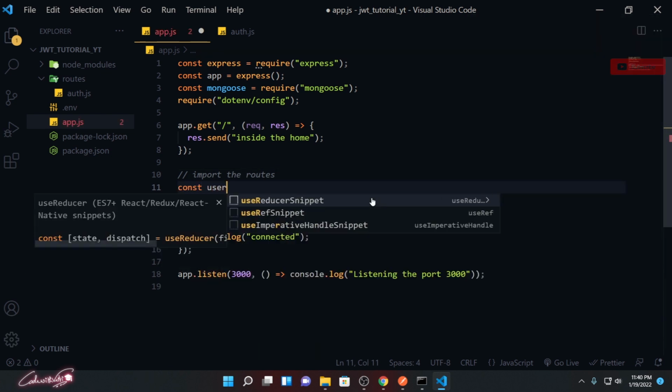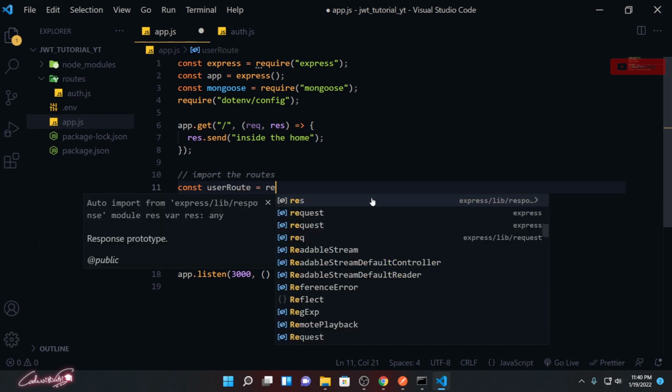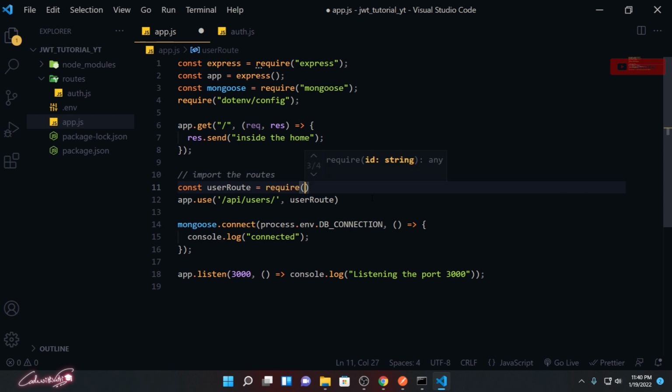Const userRoute equals require routes/auth. So whenever our server gets this particular URL, if we get any request to this, we need to reroute that to this particular file, auth.js.